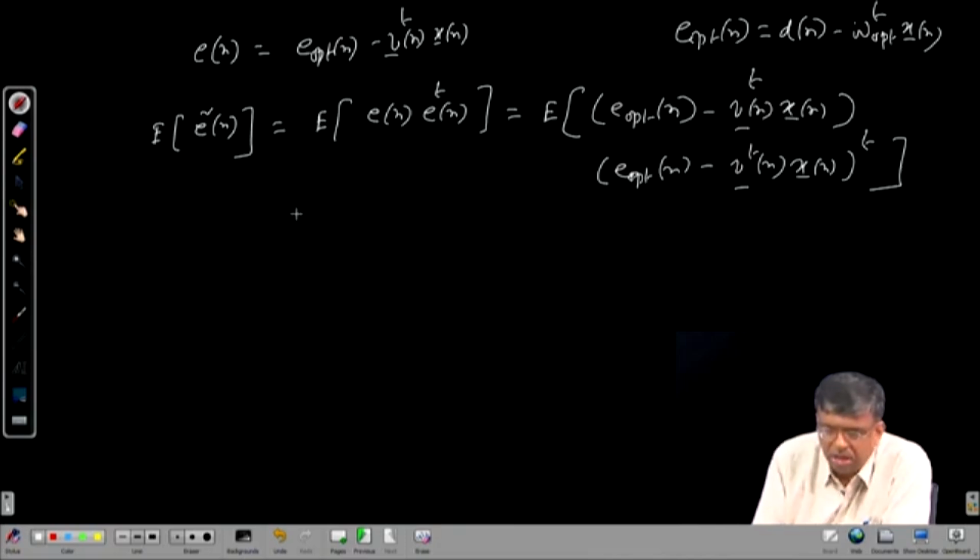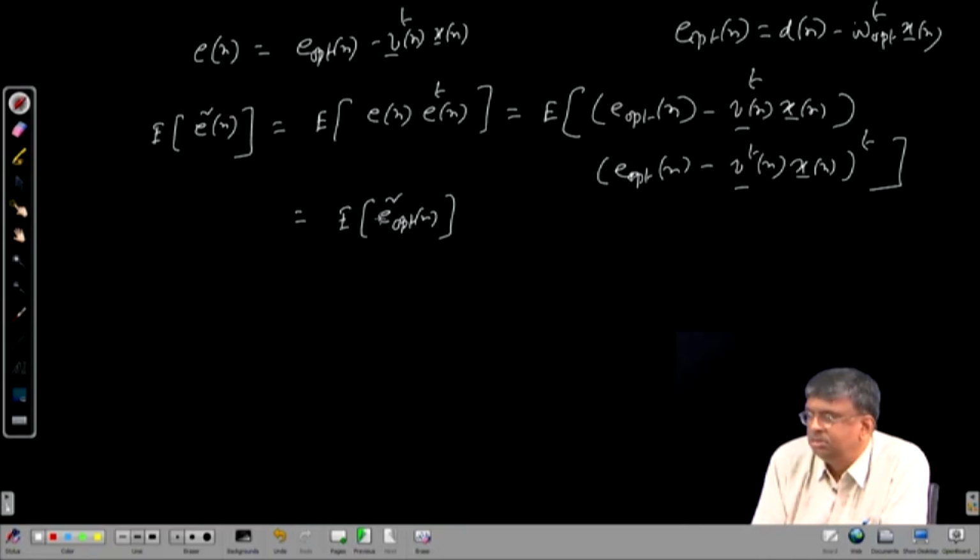And if you take the product of these two, e opt transpose is e opt only. So, it will be the expected value of e opt square, that is the variance of e opt, because it is 0 mean and therefore e opt itself is the increment, and squaring and expecting gives the variance. So, this is the minimum variance, because e opt means the output error variance is minimized. Only then you put W opt n and the corresponding error has minimum variance. So, if you calculate this variance, it will be a minimum thing, you know.